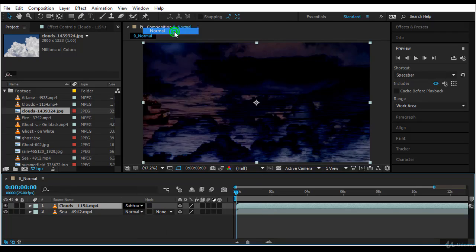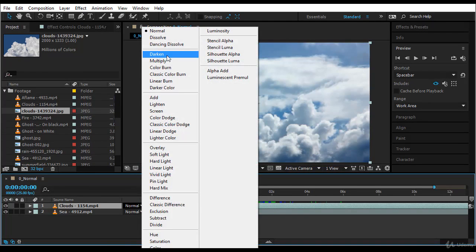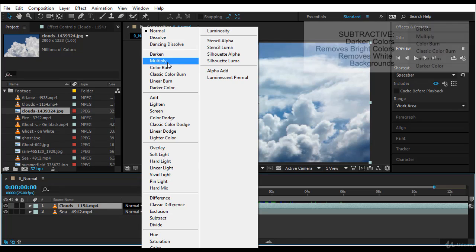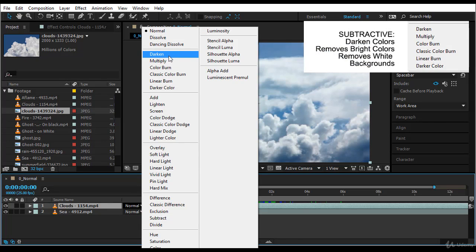Fine, let's go back to normal and let's look at the categories. The first category you have here is darken, multiply, and so on. These are the subtractive category. It means it will subtract the colors, it will darken your pixels, or it will remove the light colors or the bright colors. So, like the name says in the beginning, it will darken using whatever is beneath, and it